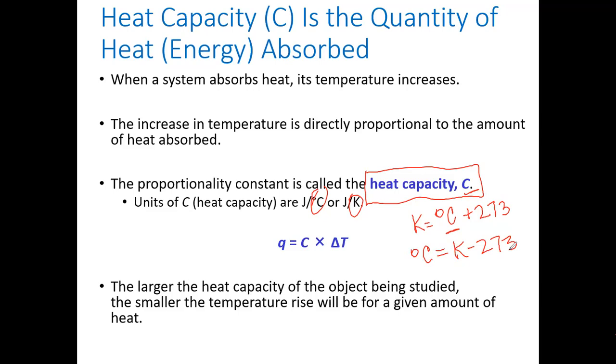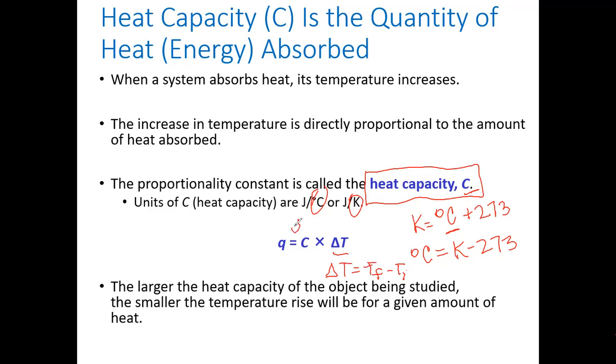All right, so to find your heat, you would use the heat capacity. The heat capacity is a constant for a given substance, so you can always look it up. To find the heat, it's C times delta T. Delta T is the change in temperature. Anytime you see a delta, it's always final minus initial. So if I wanted to find my delta T, it'd be my final minus my initial temperature. You'd multiply those two together